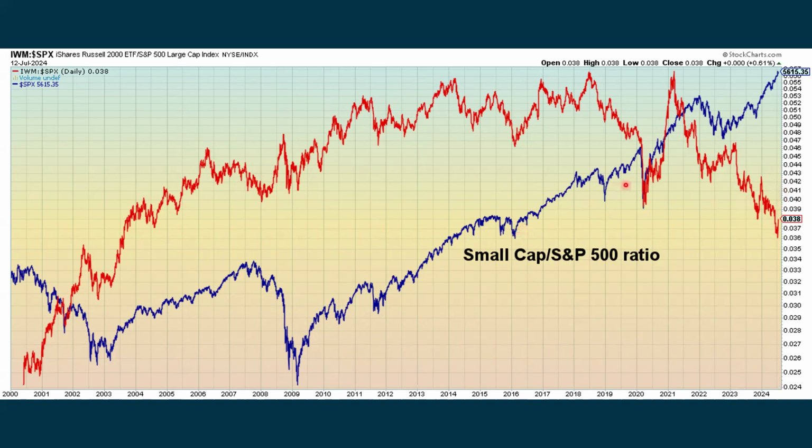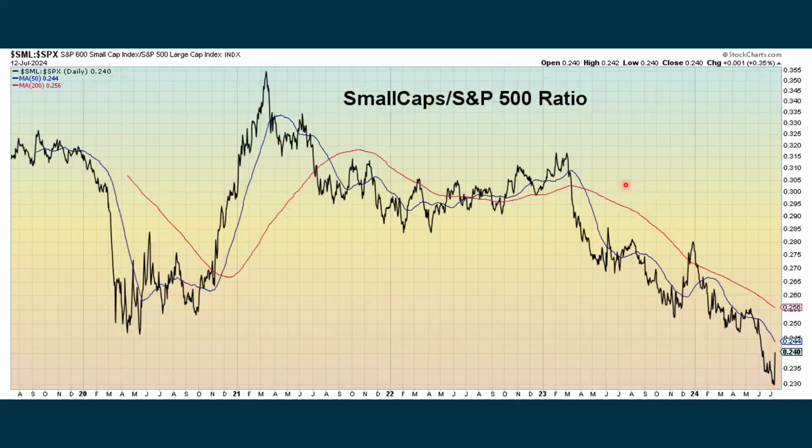And then the blue area of this chart is the S&P 500 index itself. When we look at a ratio between small caps and the S&P, underperforming here, but bouncing back up. It's going to take some time to see if this is a shift that will actually last instead of just some kind of a short-term phenomenon that's taking place.